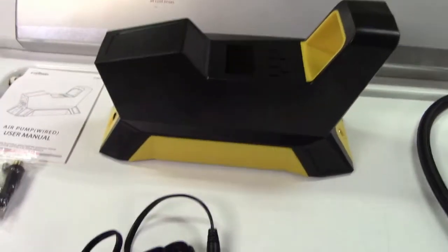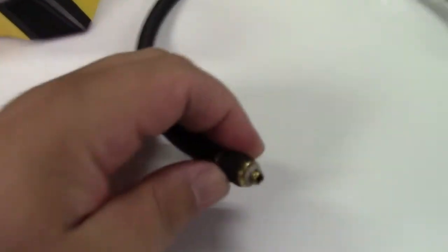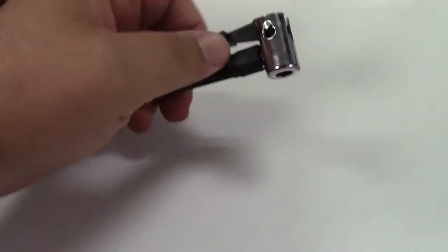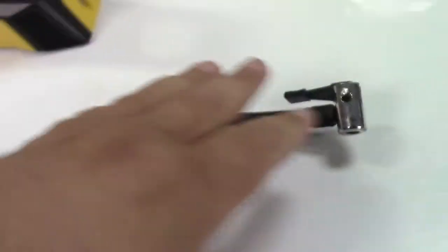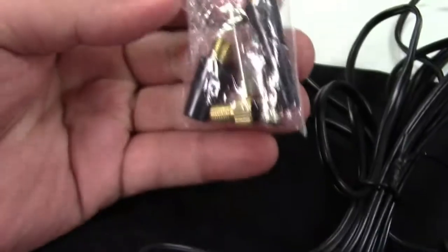Plugs in your cigarette lighter right here. Barrel jack connector, which plugs into the unit. Here's the hose that screws into it. Standard tire chuck on it right over here. No problem like that. That's for Schrader valve tires, but they also give you a couple of different nozzles in